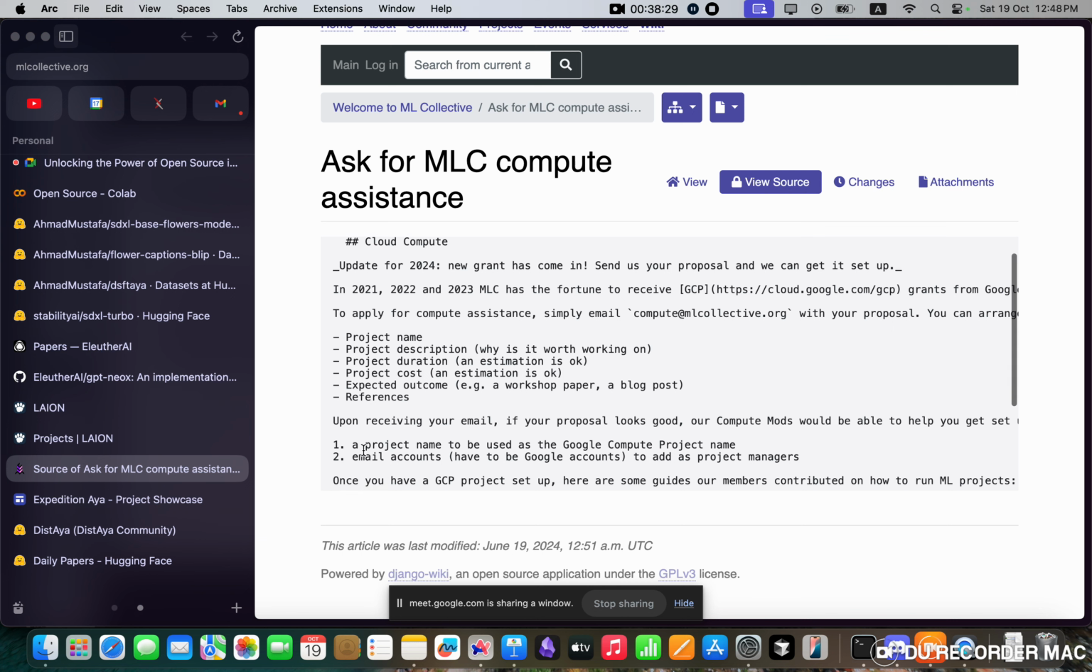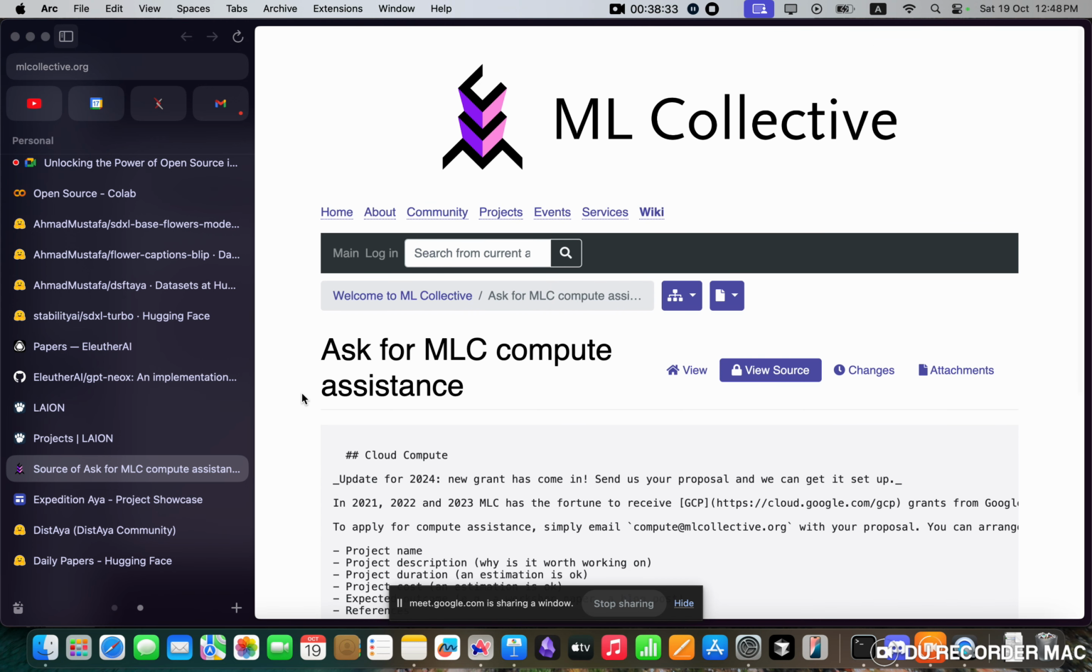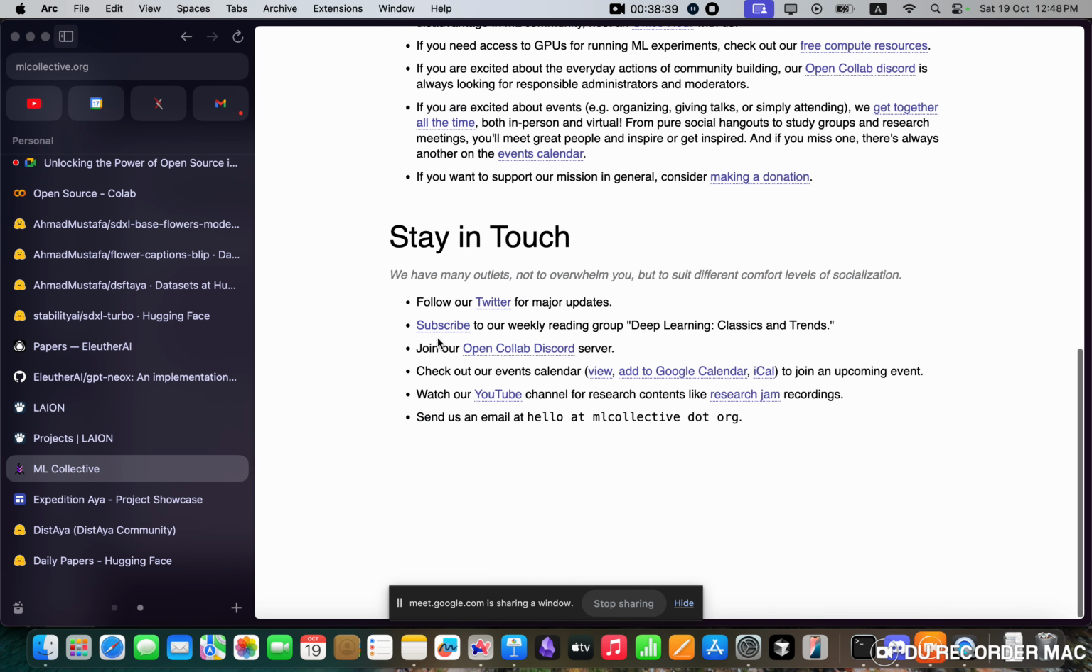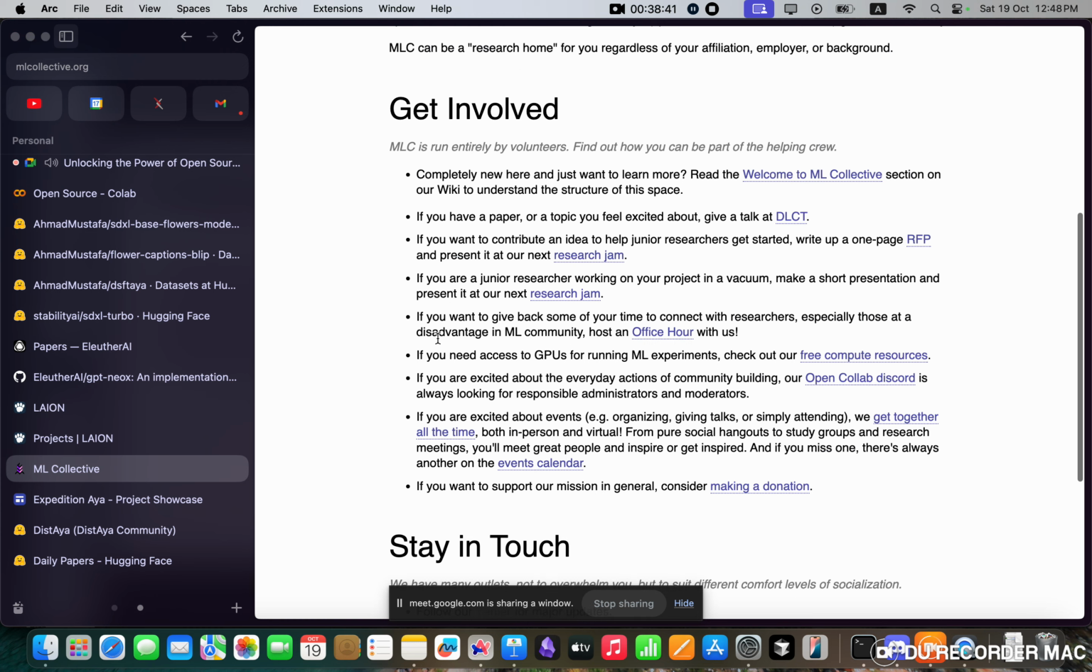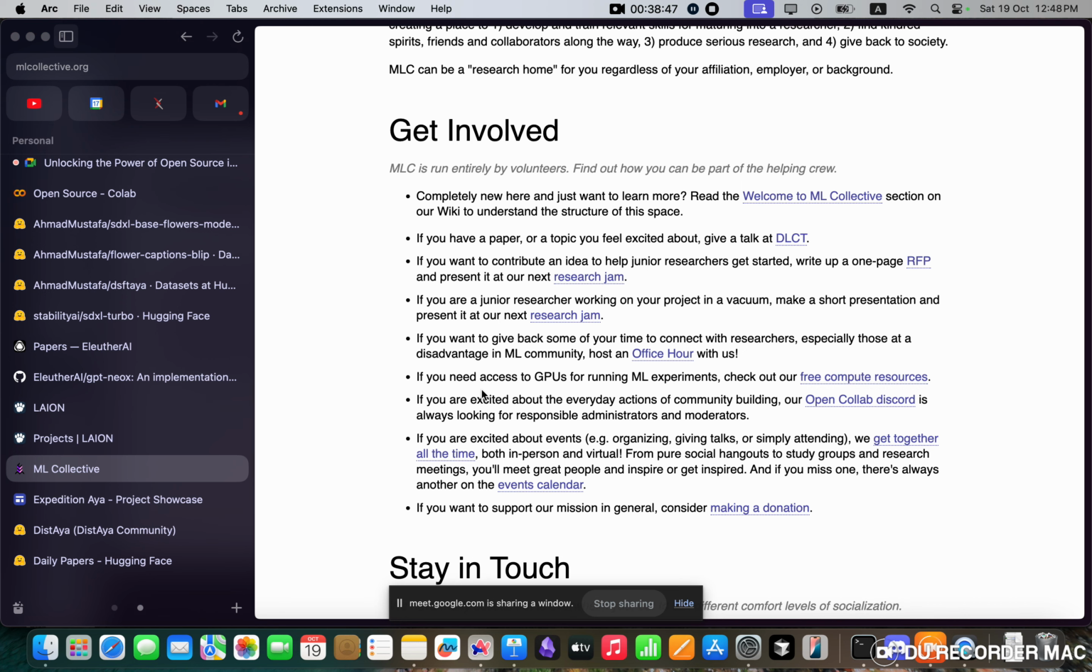You can also find the ML Collective Discord here. If you go to the home page here, you can find the Discord of ML Collective somewhere. I'm not sure where it is, but you will find it somewhere here. And then they also have,